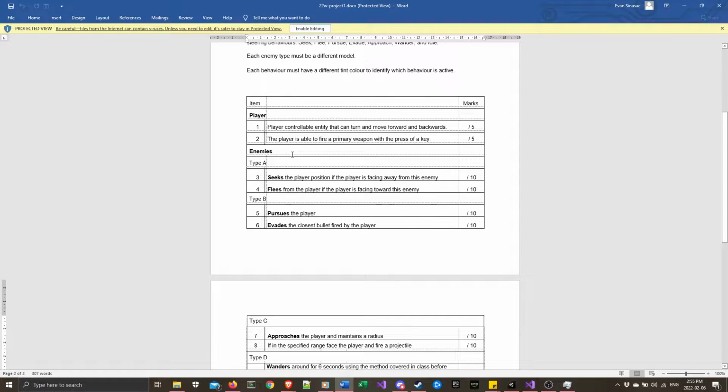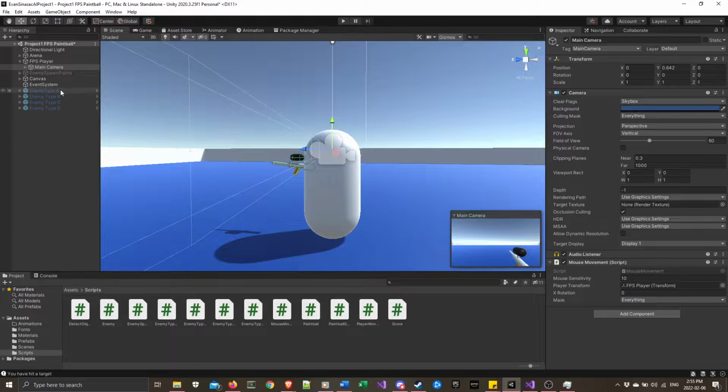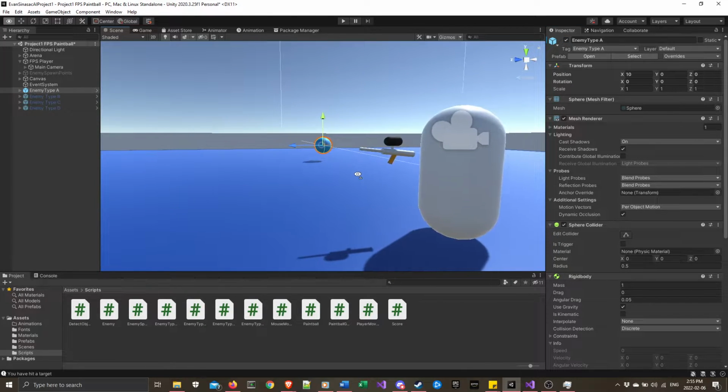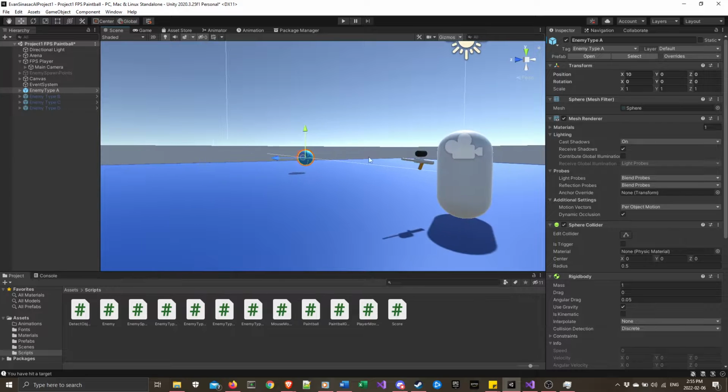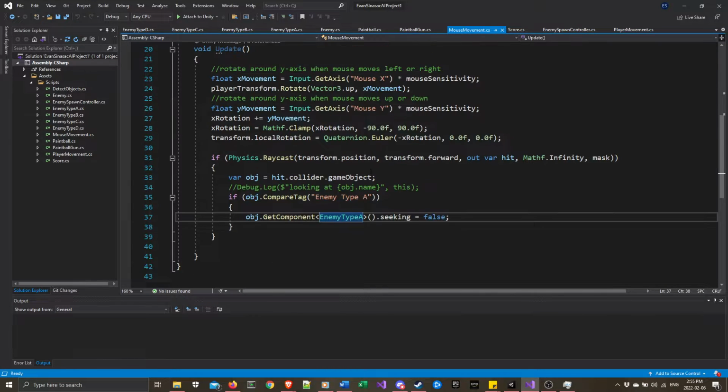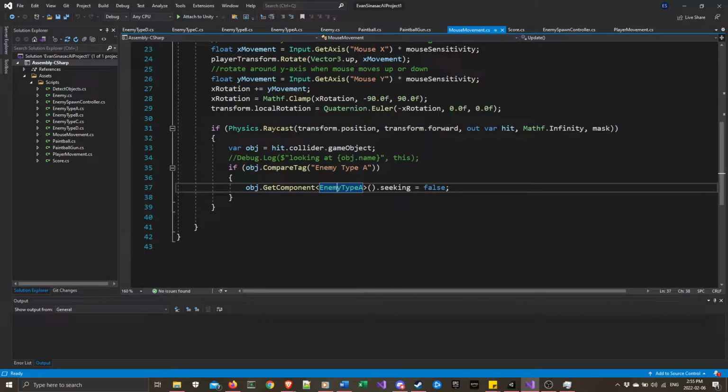So the first enemy type A seeks the player position if the player is facing away from the enemy and flees from the player if the player is facing towards this enemy. I thought of a couple ways of doing this, but the method that I settled on is when I think it's in the camera. So every frame, the camera sends out a raycast from its position forward, and if